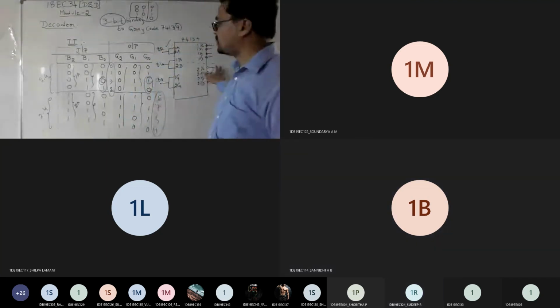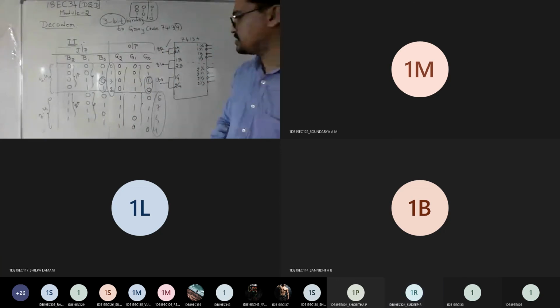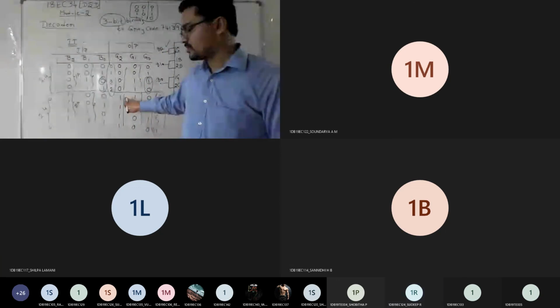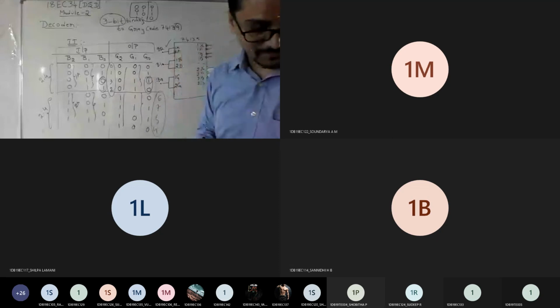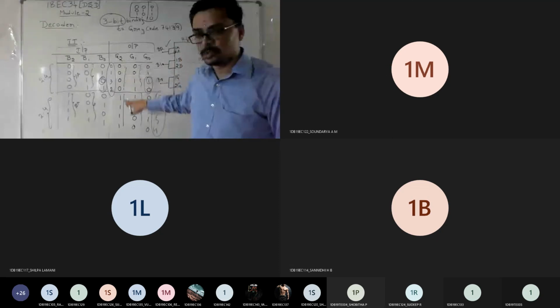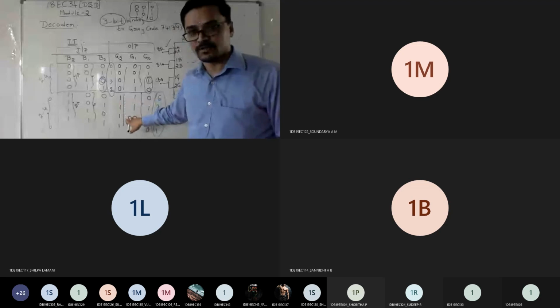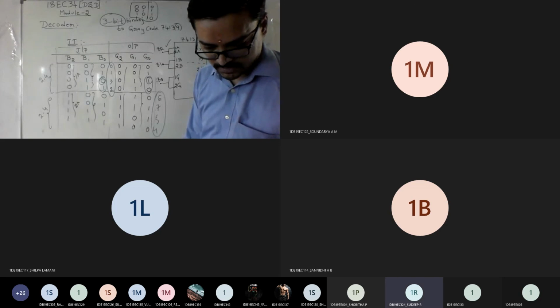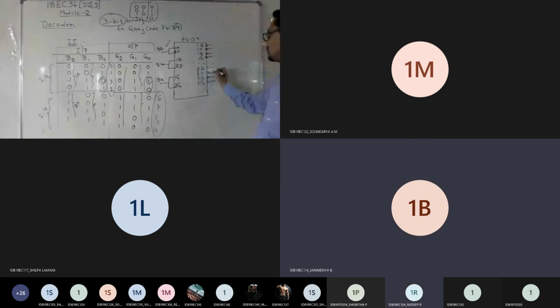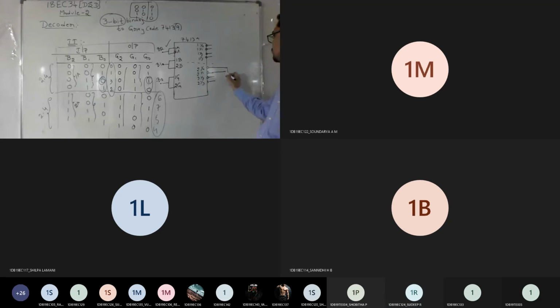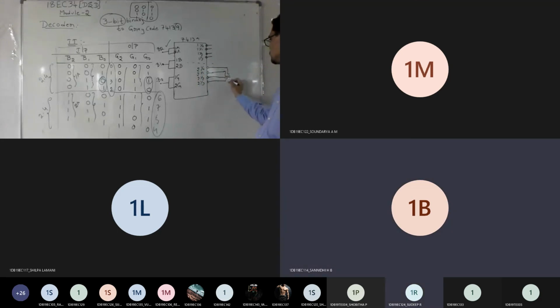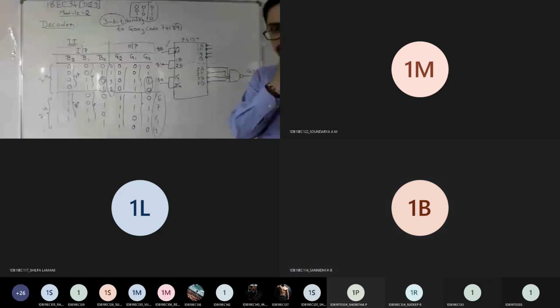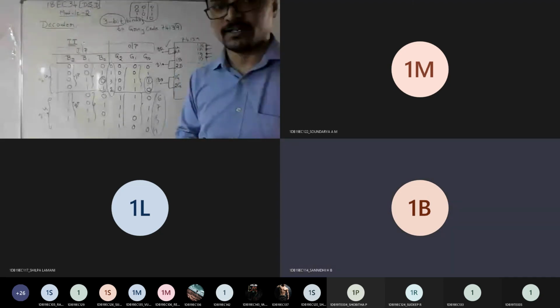So now we can finish up this connection. Tell me, where are the ones here? So for all, where? Where are the ones for G2? 1, 1, 1, 1 means what? Output of the second decoder? Yes or no? So I need to connect the output of my second decoder to which gate? The NAND gate, and designate it as G2. Any doubts? Anyone still here?